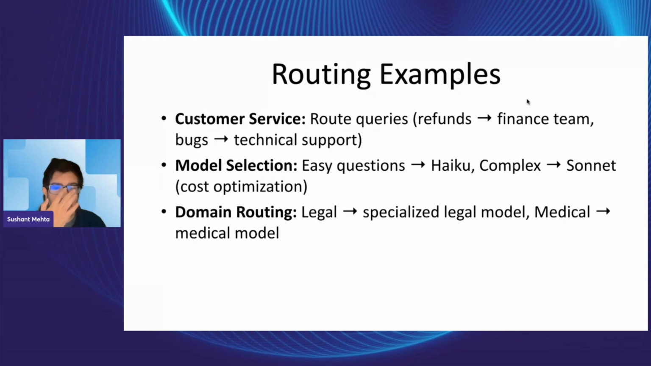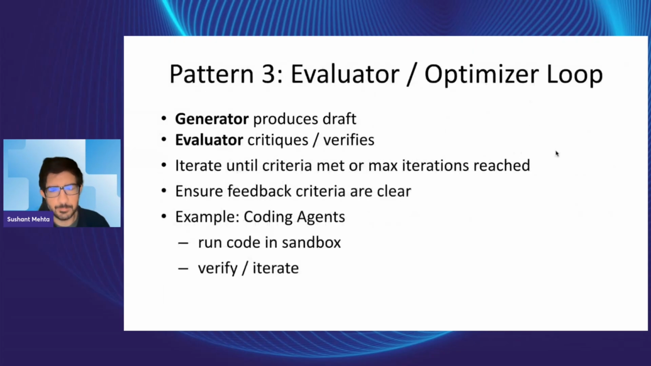This is another loop that's popular and makes a lot of sense for some contexts. Basically, you can think of it as an evaluator or optimizer or verifier loop. So you have a generator which produces some draft, and then there's an evaluator which critiques it or tries to verify it. And if there are some issues, it sends those issues back to the generator, and you